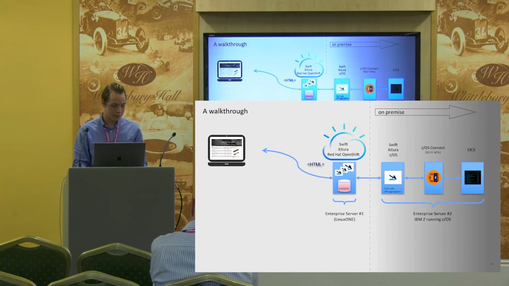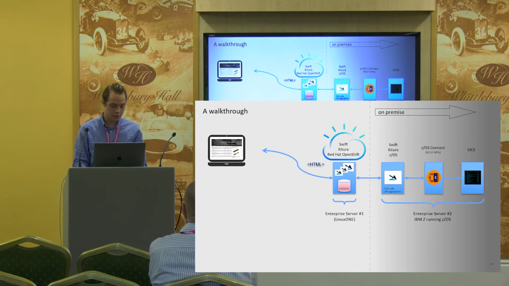So what will happen is a user will request a web page, then a request will get sent to the Linux 1 server. That will route a request to the Swift application running on IBM Z. And that Swift application will call the REST API to Kix, and Kix will return the longboards items as JSON, which up till now is only text, only character based. It will then send this JSON to the front-end server, being the Linux 1, and it will apply images from the Couch database, and then Swift Kitura will render the web page and send it